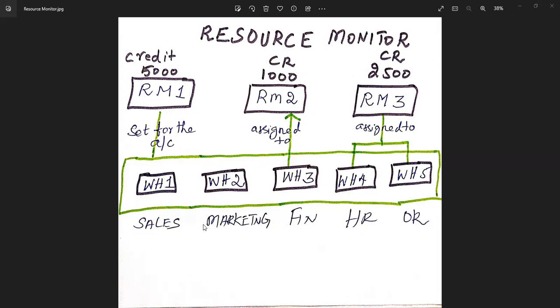For the second resource monitor, 1,000, and for the third resource monitor, which is being assigned for warehouses 4 and 5, around 2,500 credits are allocated. Okay. Now